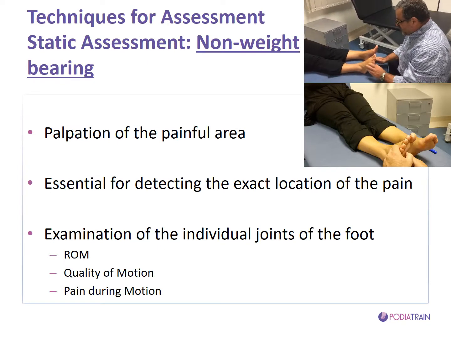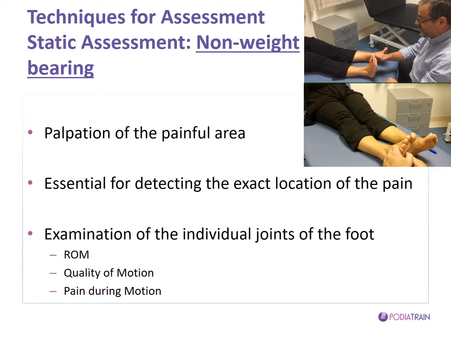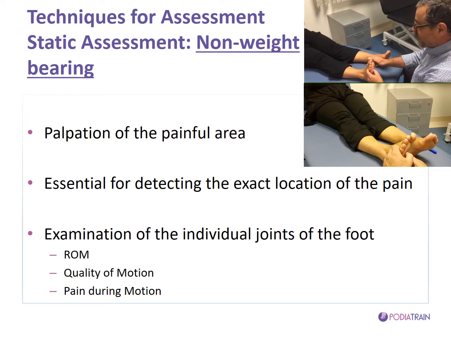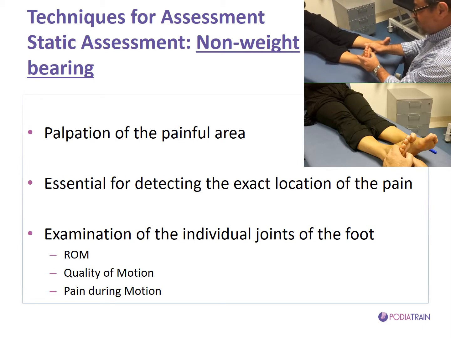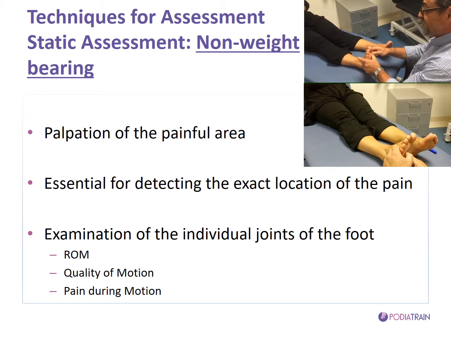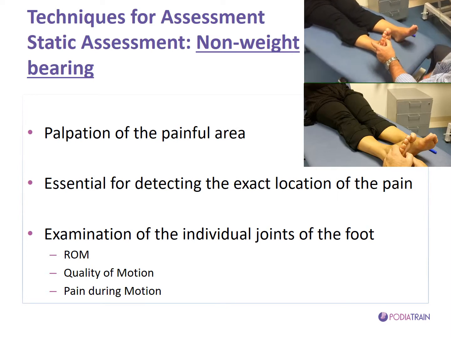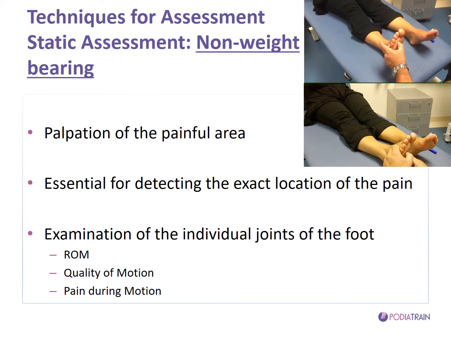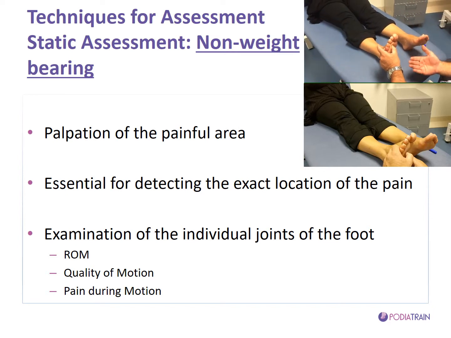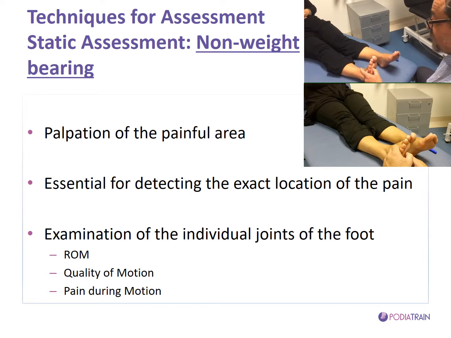So, in order to assess this patient's pain, it's very important to apply firm pressure and to palpate the areas, because the location of the pain is very important. If the pain is present on the metatarsophalangeal joint itself, it will tell us one thing, that the condition could, for example, be capsulitis or some kind of arthritis, while if the condition is between